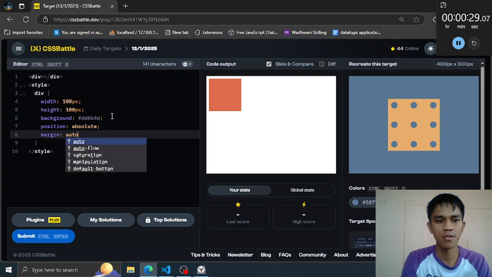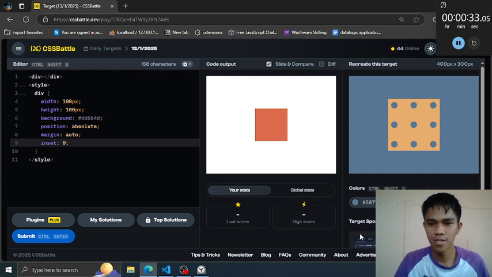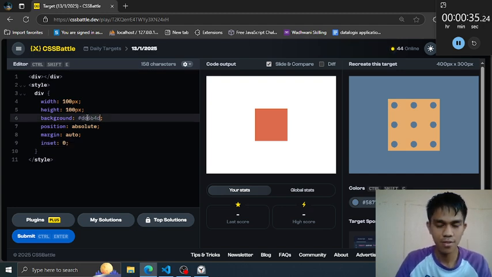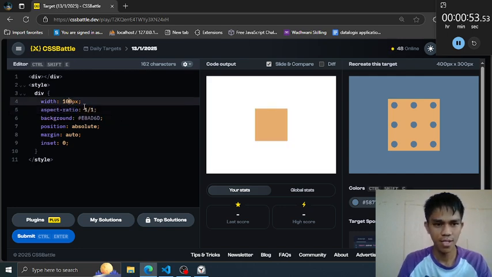Margin auto. Inset 0. Change its color to more on orange. Then its size. So we can remove the height and turn it into aspect ratio 1:1 because we are dealing with a square. That's fine.